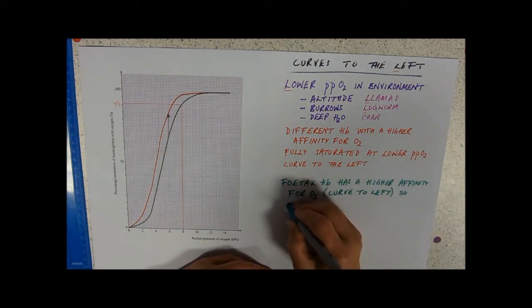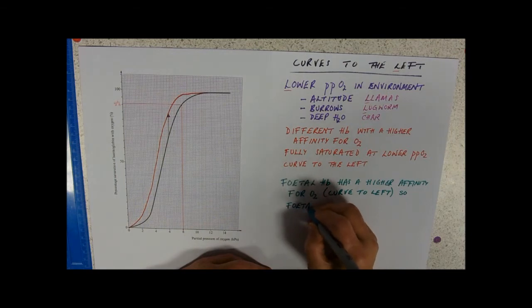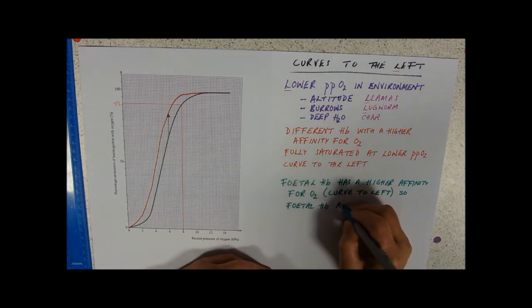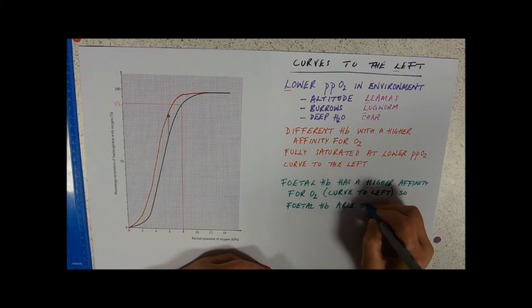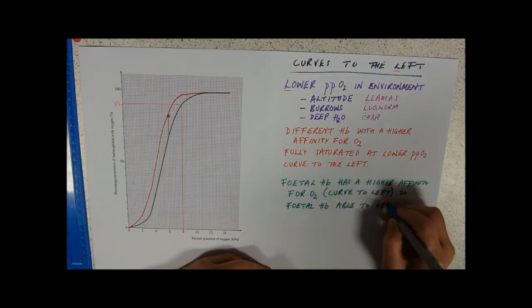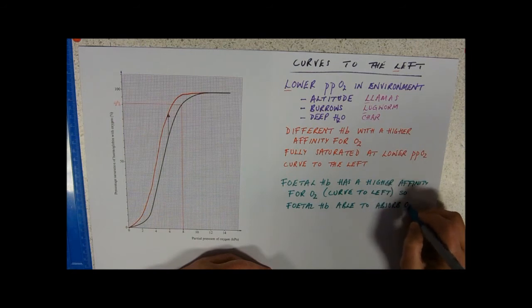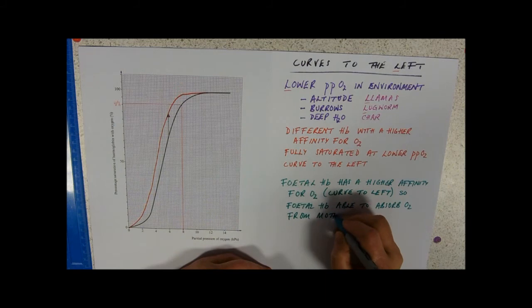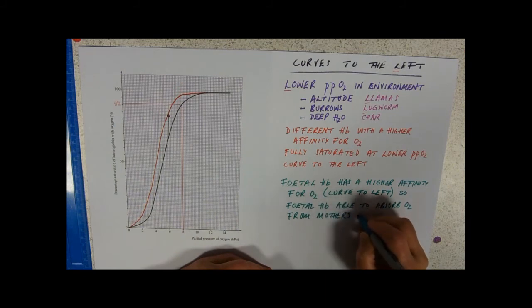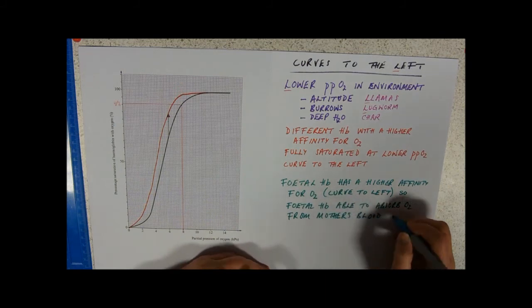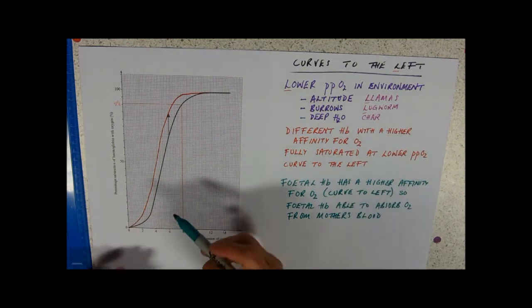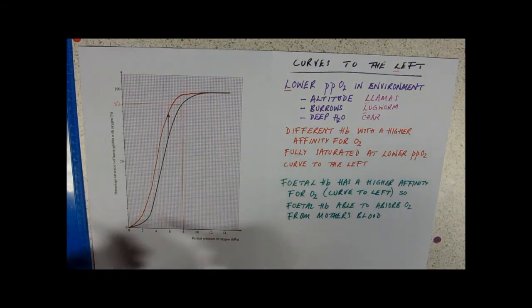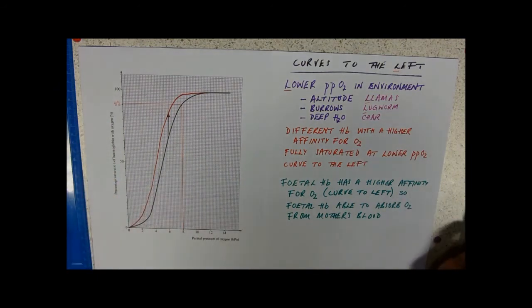So fetal haemoglobin able to absorb oxygen from mother's blood. So that's it. It has to be at that higher affinity, and that therefore higher above that curve, which then puts it to the left. So there's one more curve that occasionally,